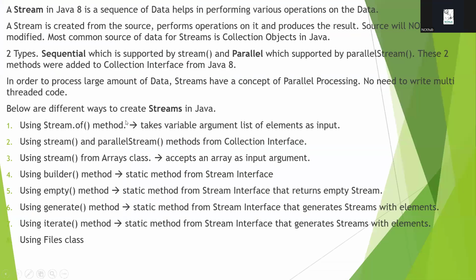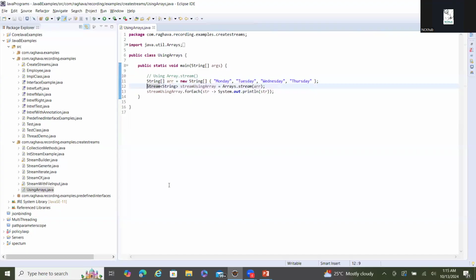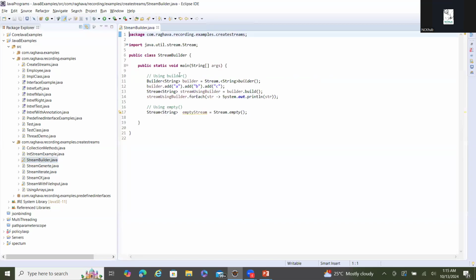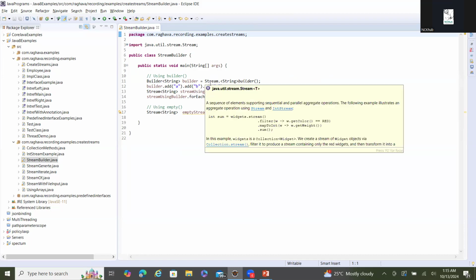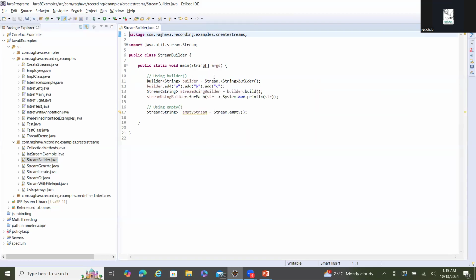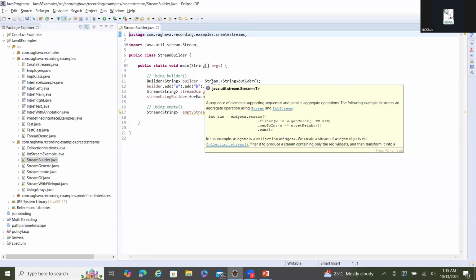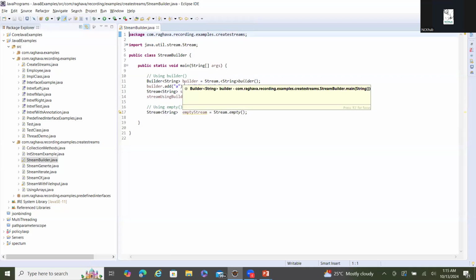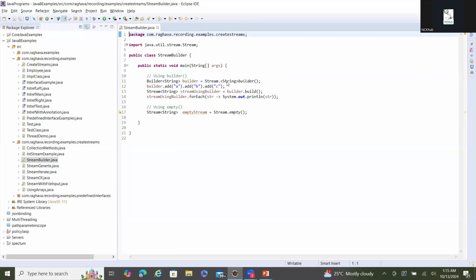And then coming to the fourth way, we have a builder method inside the Stream interface itself. This is a static method, and using this as well, we'll be able to create streams. Let us take an example now. Stream builder. So this is the class that I have created, and here it is a builder. So first we need to create a builder, and since it is a static method, I'm just trying to call the static method using the interface name itself. And since we are trying to create a string builder, we need to specify the type here,